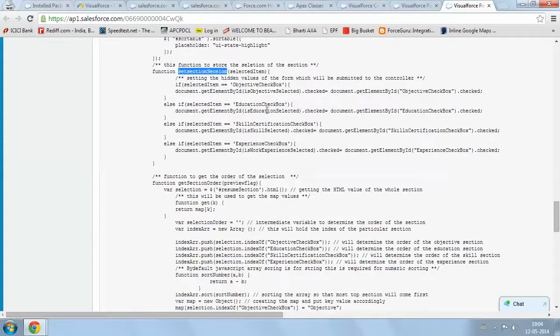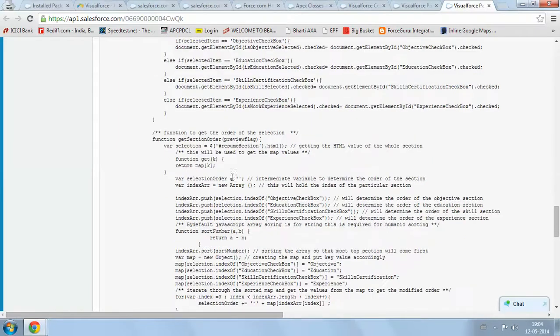The same goes for education, skills, certification, and experience. This is the order of the selection: objective will be first, education second, skills third, as the order you select from the page by dragging and dropping.